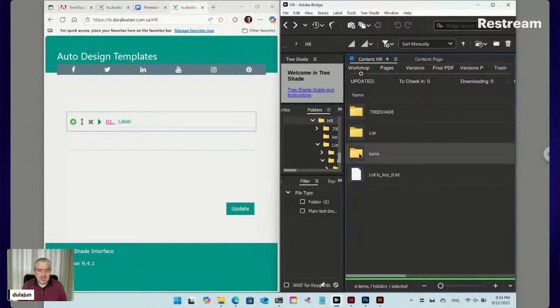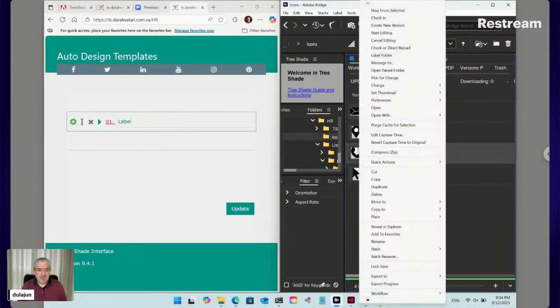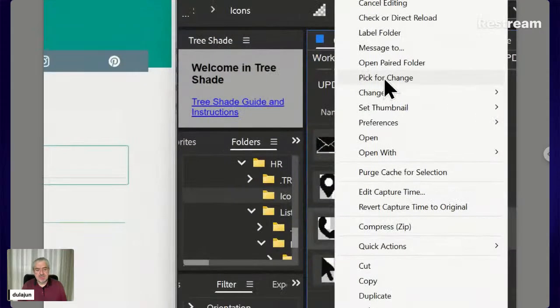So at first, let's copy any of these icons as default option. Like let's take phone, right click on the file and select this command, pick for change. Instead of copy or cut, use this command. So TreeShade traces the file modification. So select pick for change,